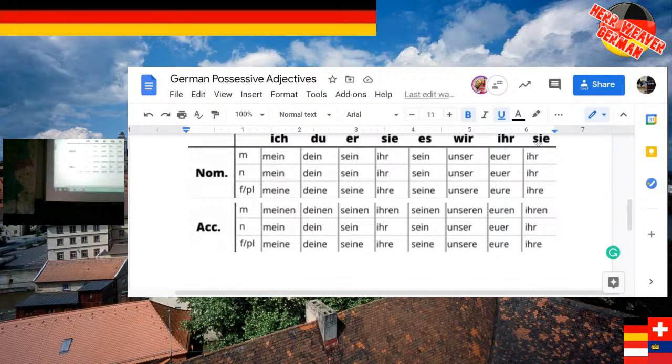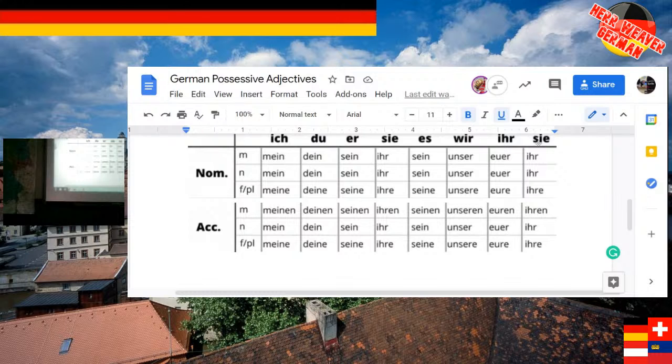Ihr, Kinder, does it become anything? No. What's the gender of Kinder? Children. Kids, okay. Plural. Don't overthink this too much. Neffen is plural. Nichten is plural. Verwandten is plural.